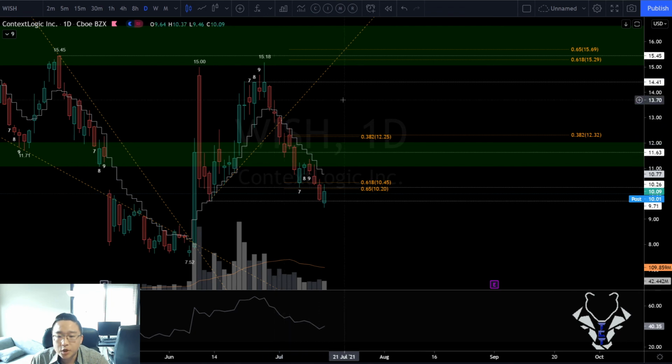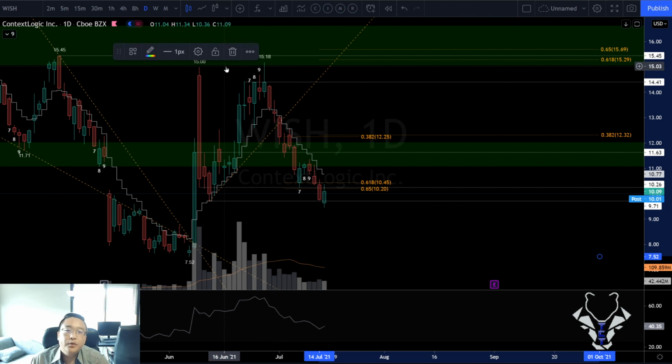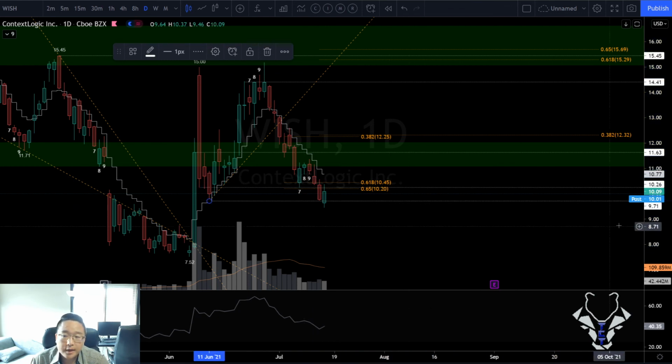Don't lose sight of Wish. It's one of those things, I think that. So we rejected from the GP, and we lost the GP. This is going to be one of those tickers that when it moves, is really going to move. I might actually stop out at 971 because if this is lost, there is no